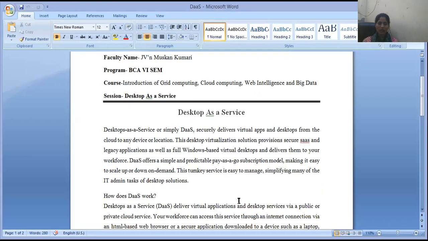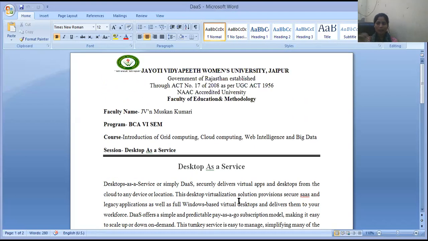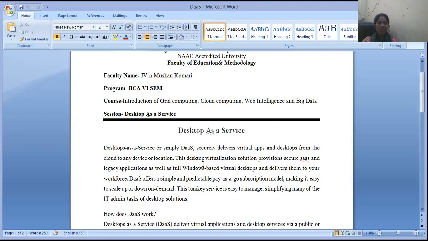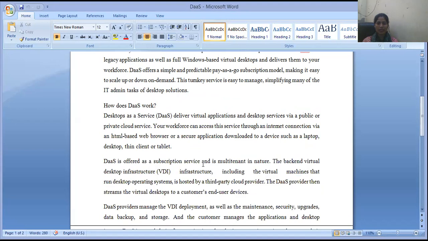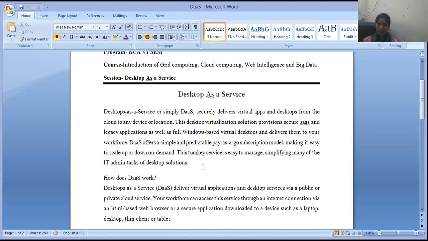Now we are taking the introduction to Desktop as a Service. What is Desktop as a Service? It is abbreviated as DaaS. It securely delivers virtual apps and desktops from the cloud to any device or location.